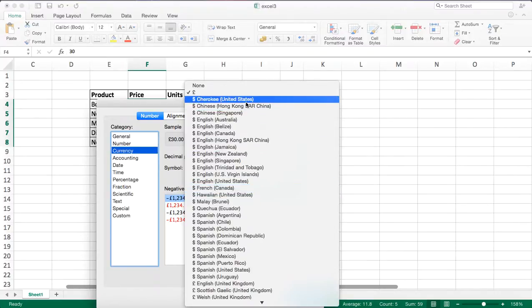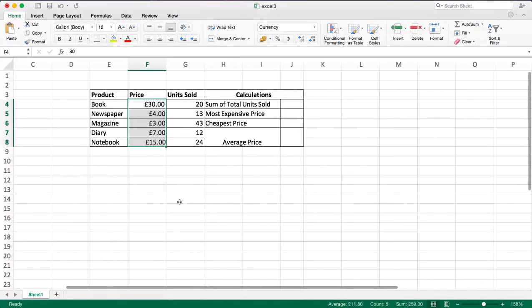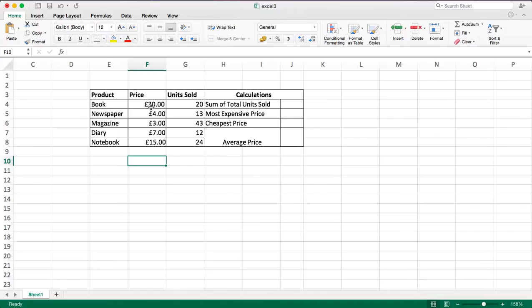Let's say, because this bookstore is in England, let's denote it in pounds. You can also select the different decimal places that you want the figure to be in, but we'll just stick with 2 decimal places. And once you've selected all of this, click OK. And as you can see, the number has now all been denoted into a different currency. Over here, we have all the different units sold as previously mentioned, and all this information will be used to calculate